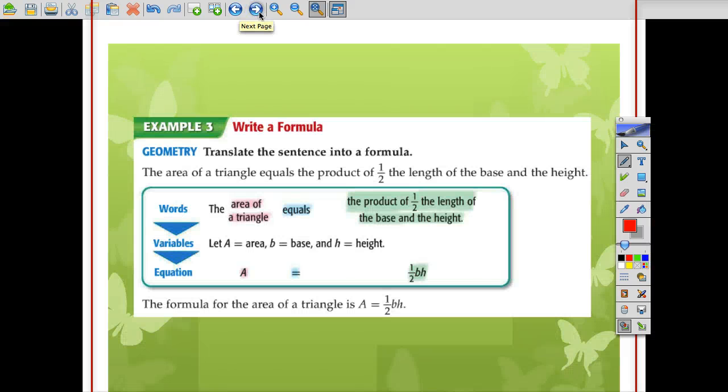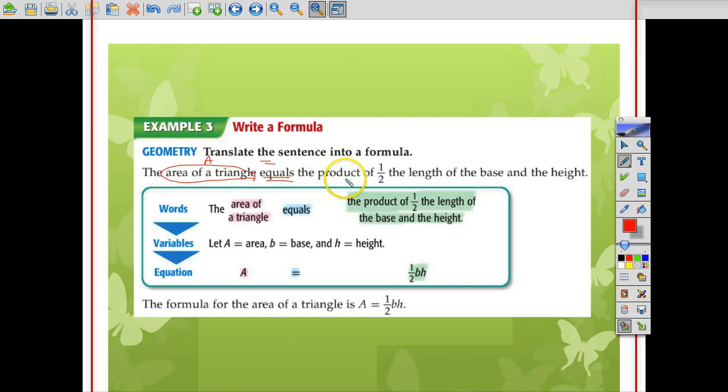Okay, welcome back. All right, here's another example, writing a formula. This involves geometry. Translate the sentence into a formula. The area of a triangle equals the product of 1/2 the length of the base and the height. So we're going to translate this whole sentence into a formula. All right, the words: area of a triangle. We don't know what that is, so we're going to put A for area. Here's that keyword, equals, that means you put an equal sign. So A equals